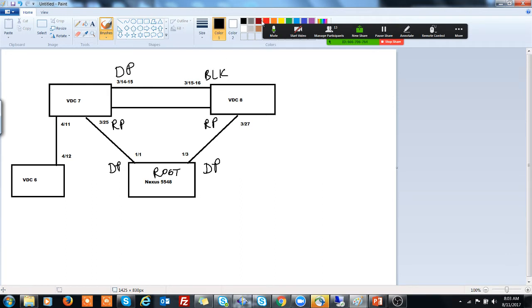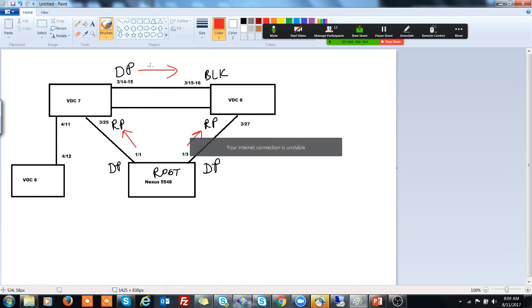Now in this whole context, you would see that the BPDUs are being generated by the root device, and between VDC 7 and VDC 8, this one is sending the BPDU to him, and VDC 8 understands, yes, I keep on receiving the BPDU, so that confirms that VDC 7 is still connected to the root device.